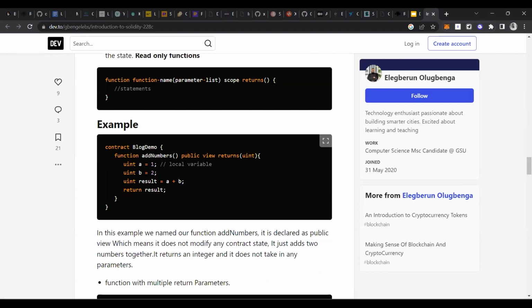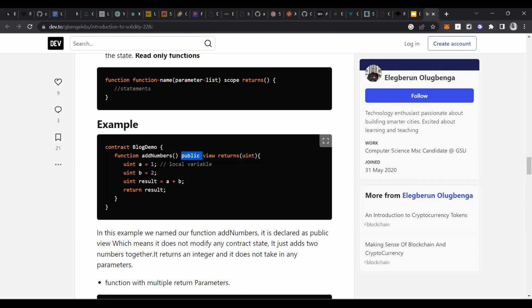In Solidity there is a slightly different method to write a function, starting with the function keyword, then the function name, and curly brackets. Here these three terms are new for you.